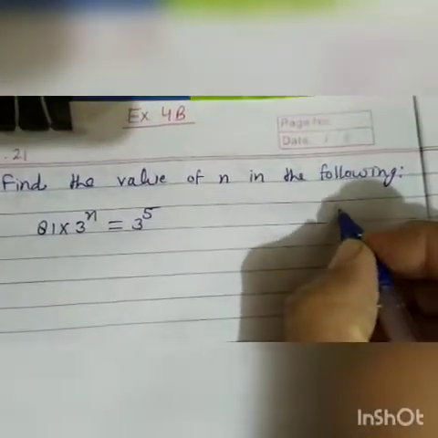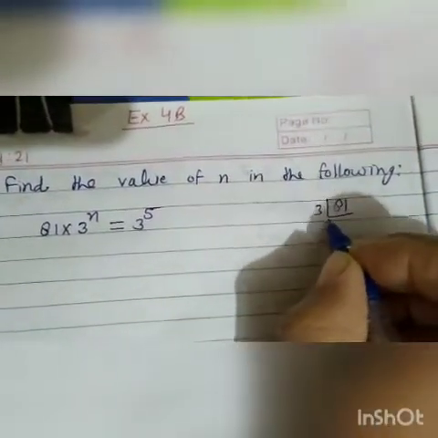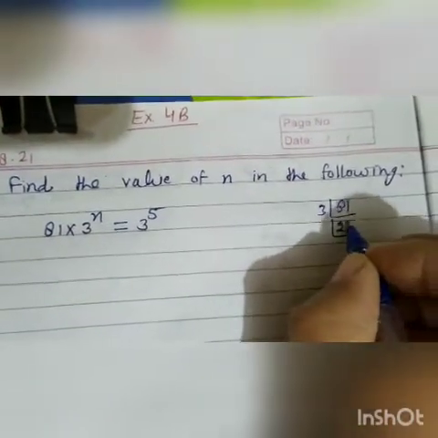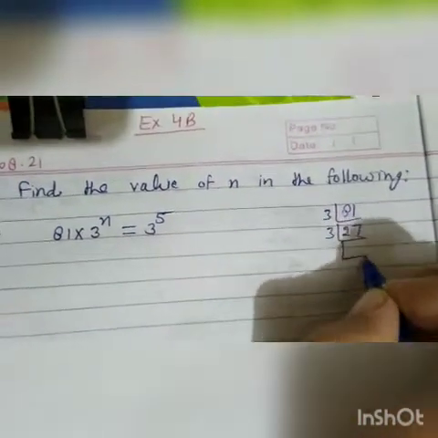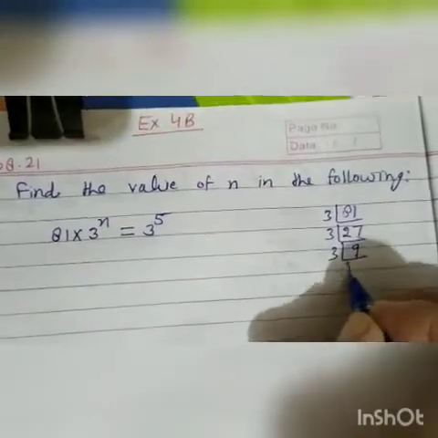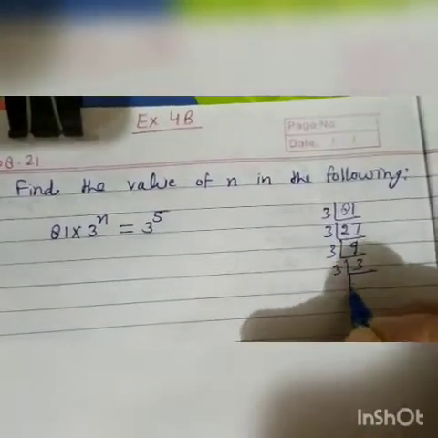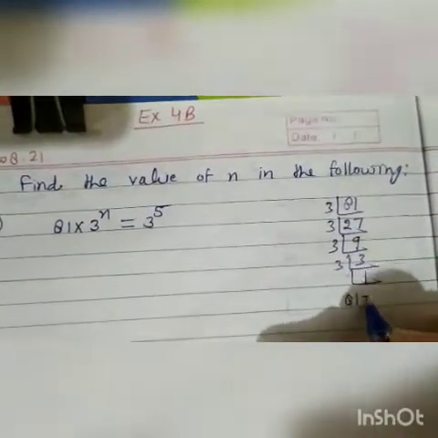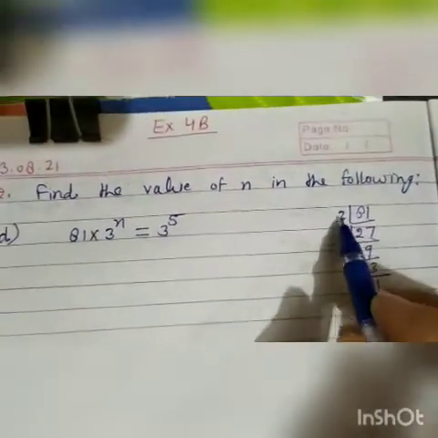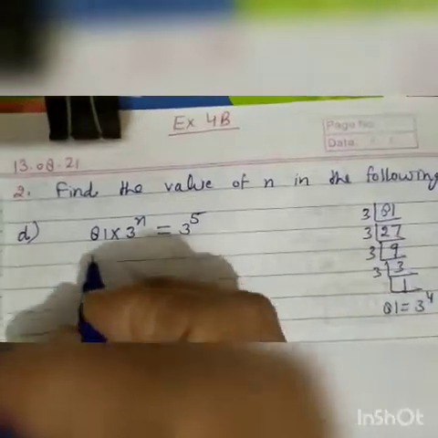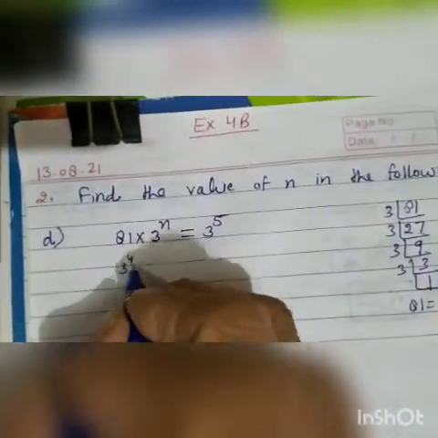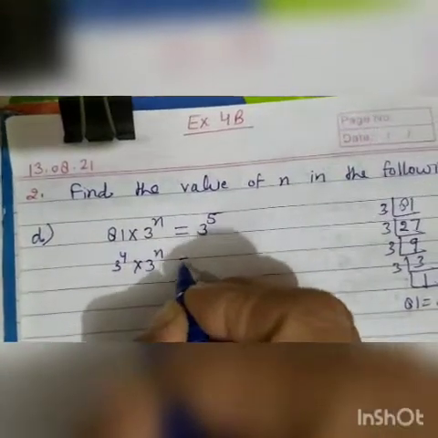We will do factors of 81 by 3. 3 1 ja 3, 3 2 ja 6, then 2 remainder 21, 3 7 ja 21, 3 9 ja 27, 3 3 ja 9, 3 1 ja 3. It means this 81 can be written as 3 power 4. 1, 2, 3, 4. So we will write this 81 as 3 power 4 into 3 power n is equal